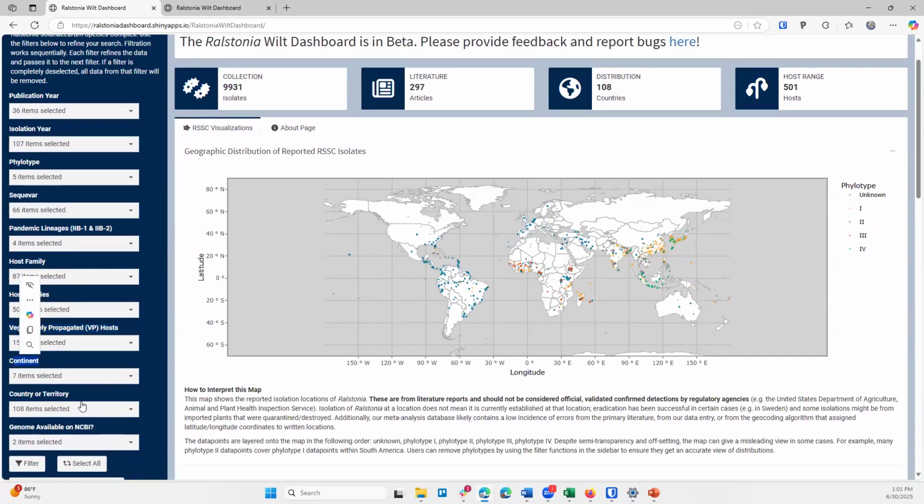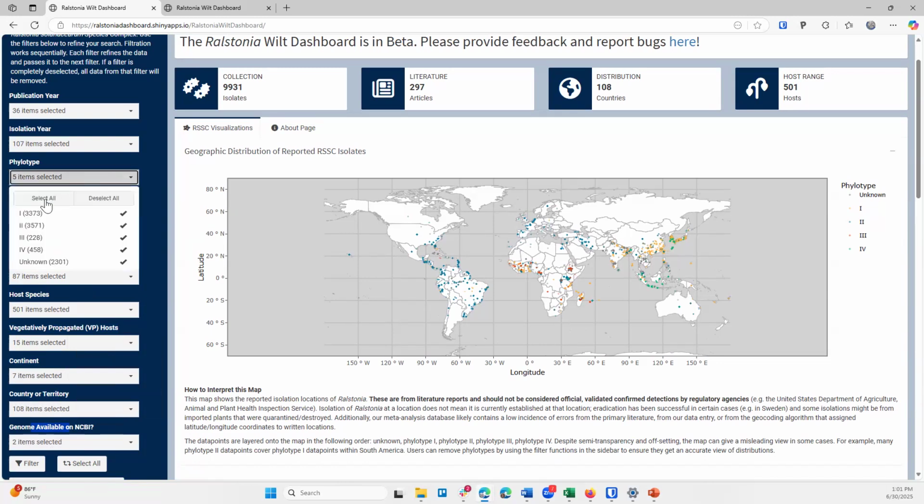We also have location information at the continent or country level, as well as whether there are genomes available on NCBI. So to filter for one question in the data set, you open the drop-down menu, and by default you'll see everything is checked. That means everything is showing up on the dashboard. So if we wanted to only look at, let's say, the unknown phylotype strains, let's click deselect all,